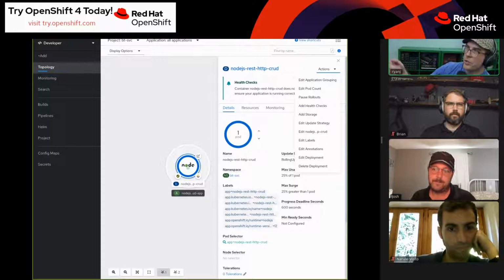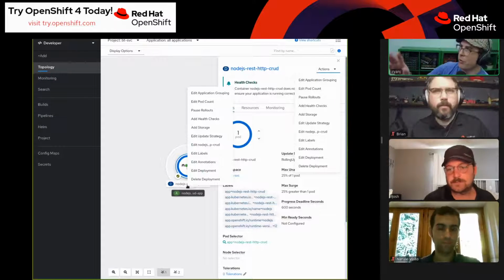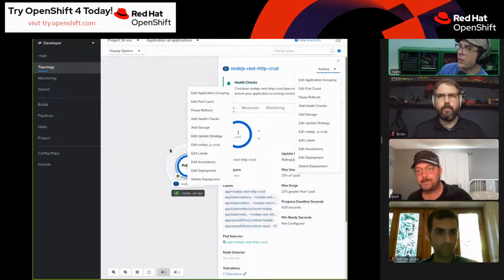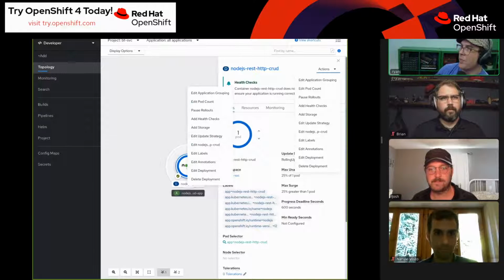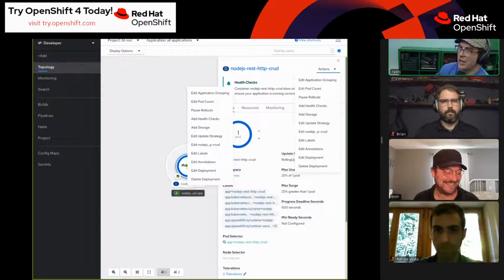This user interface has evolved quite a bit in these recent releases of OpenShift over 4.4 and 4.5, and there's a lot more to look at. It has recently won an award. I forget the name of the award, but congratulations to Serena and team, who's been chiming in chat here.